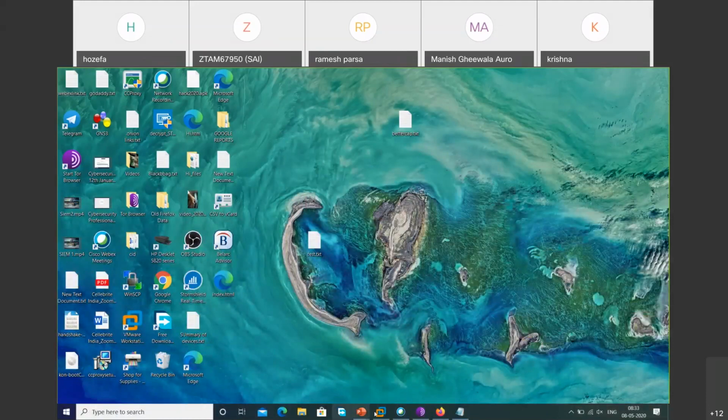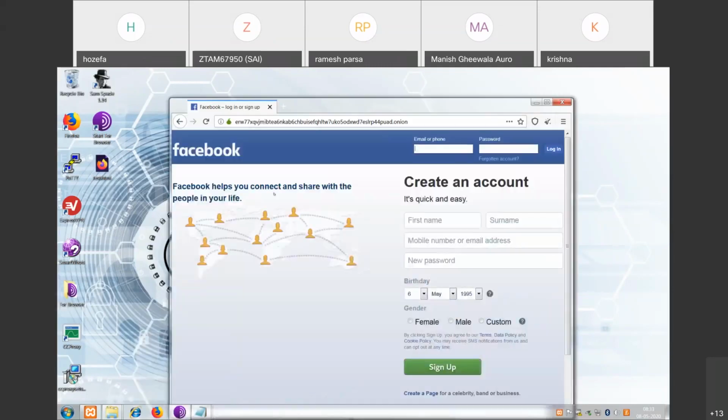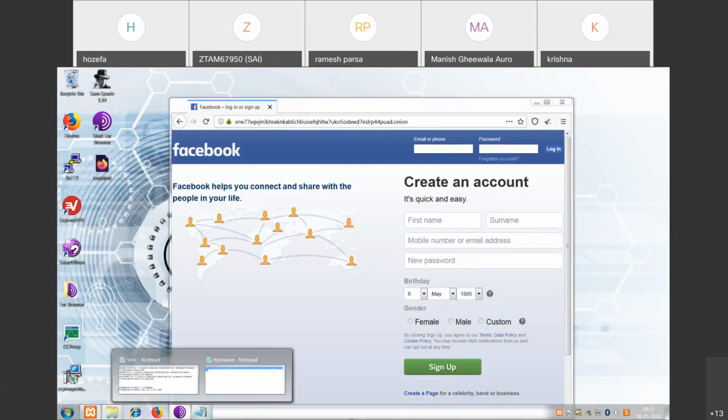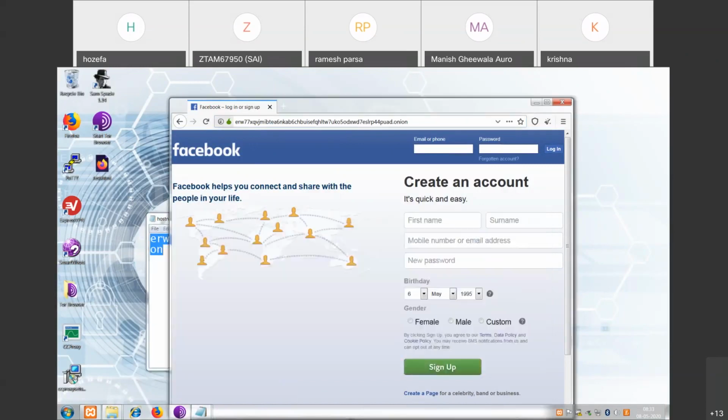Before that, yesterday I was not able to show you that browsing of the website on Tor. You can see here, the issue was the Tor browser needed to be updated. So once I updated the browser, you can see here, this is my website which we have hosted. This was a host name, and now I'm able to access it using Tor. And you can see here,